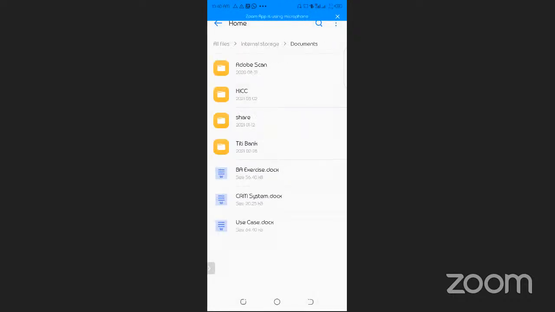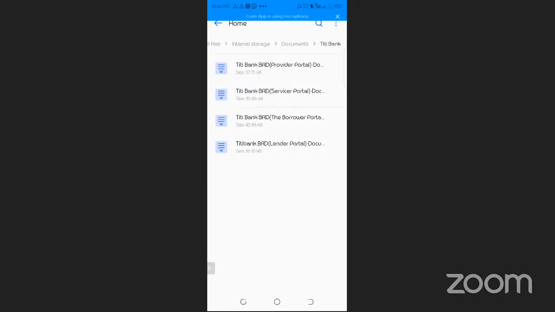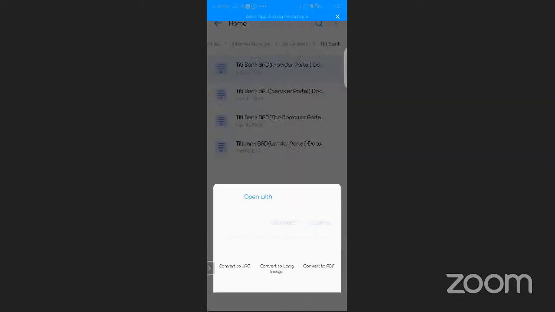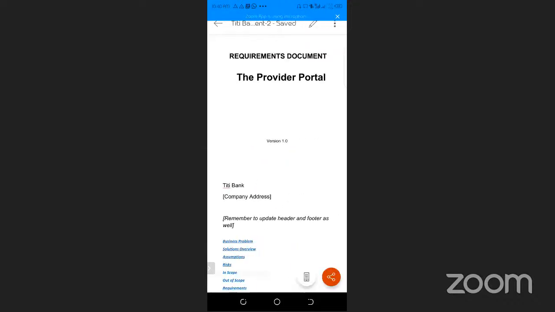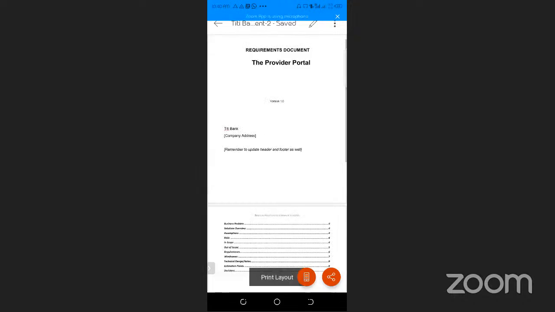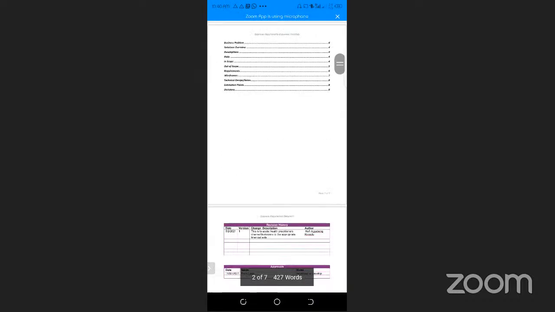Let's go to the TT provider portal. Okay, so you should actually have the address, but I think it didn't say I was working on the provider portal. But this also starts with TT Bank as the name of the company. Then it comes down